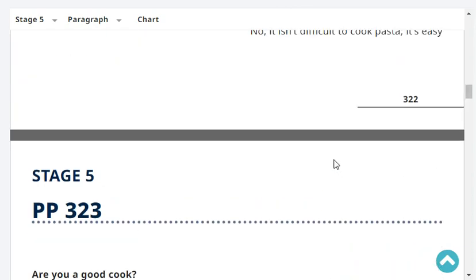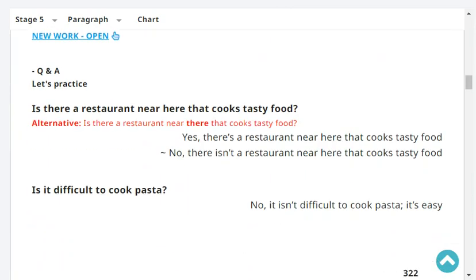Cook tasty pasta. Is there a restaurant near here that cooks